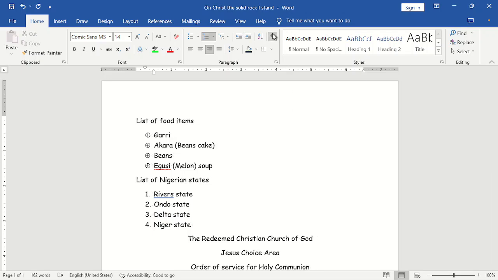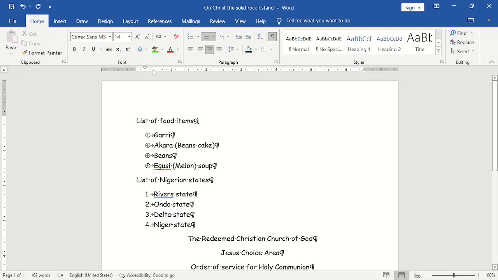Most people don't use it because they consider it not useful. But for professionals like me, if someone should, for example, submit a CV or a work, one of the ways I will catch that you are not really a professional is by clicking on this show or hide. And I click on it, it tells me, okay, this person pressed space bar here. This is for space bar. This person pressed space bar here. Okay, here this person pressed